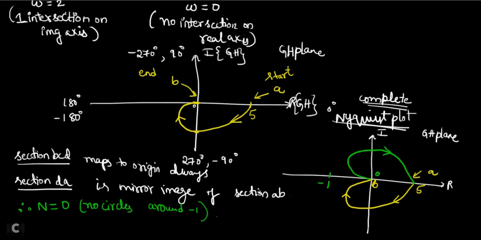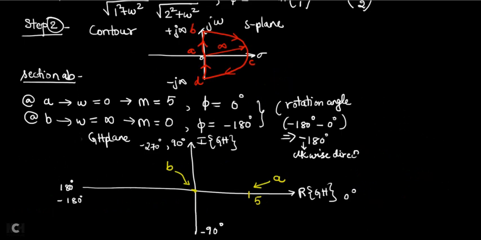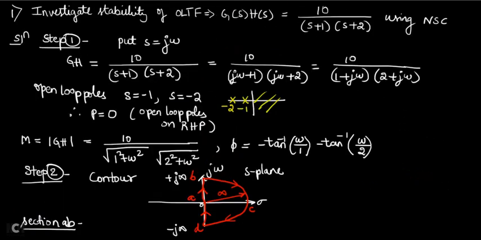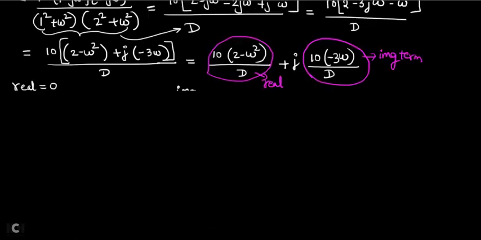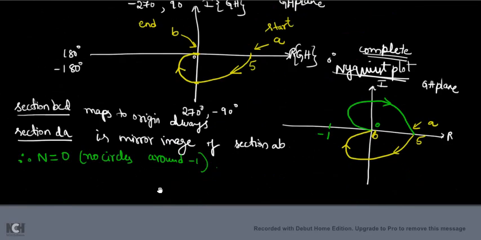And what are the open loop poles? You got it from the first step. In step number 1, capital P is 0. That you substitute now. What is the Nyquist stability criterion? We know that capital N should be equal to minus P. Is it equal? N is 0 and P is also 0. This is from the first step. Satisfied. Correct? Yes, it is satisfied.